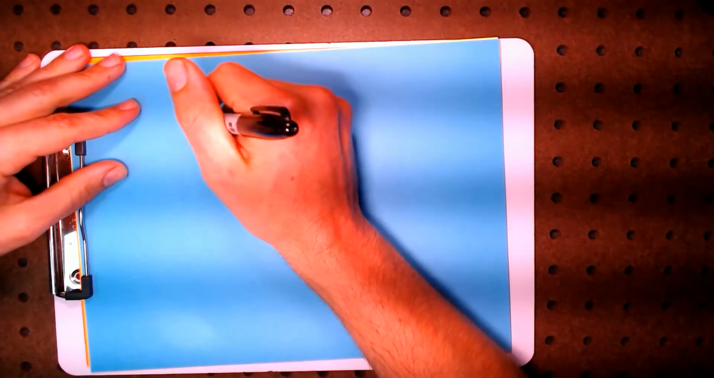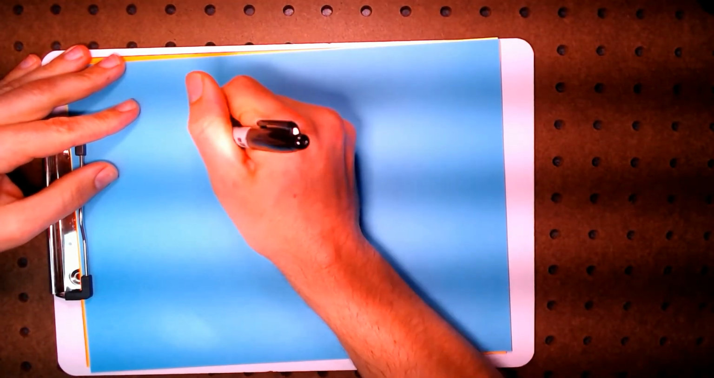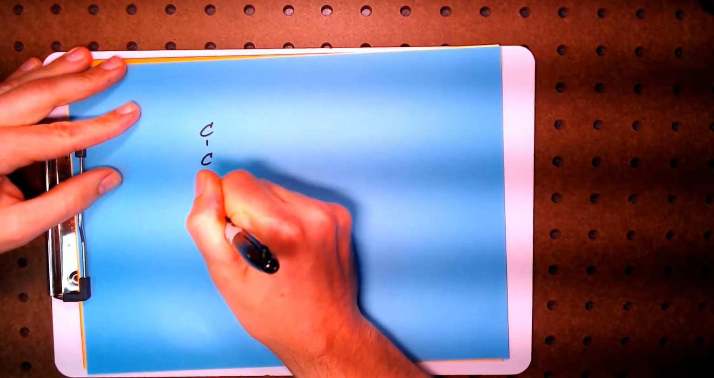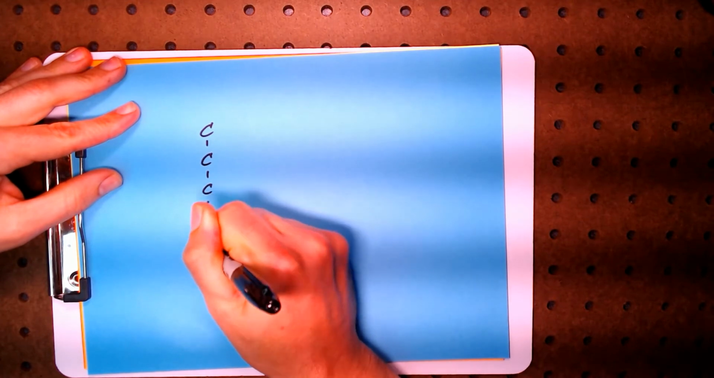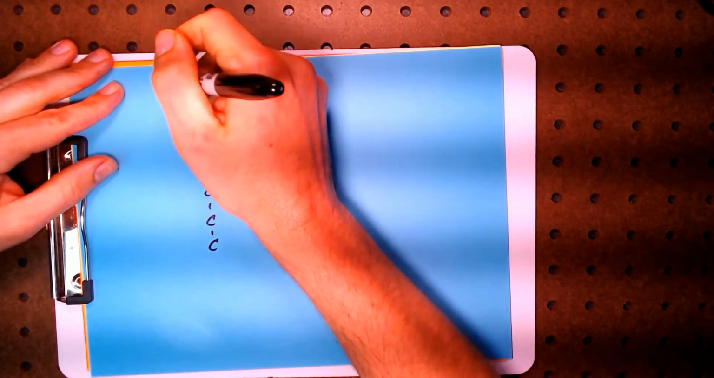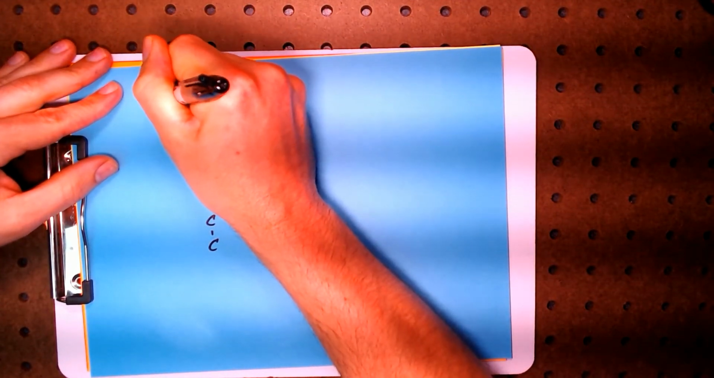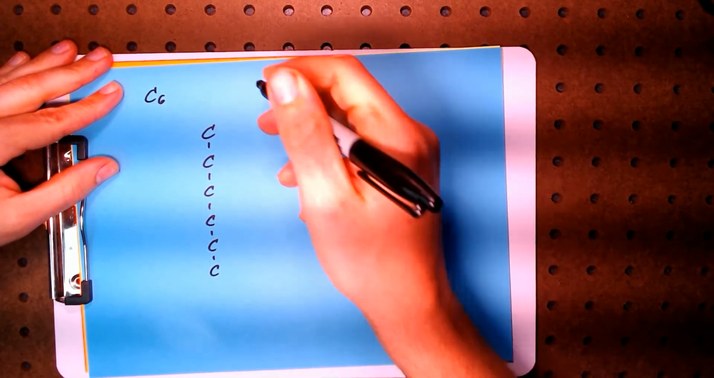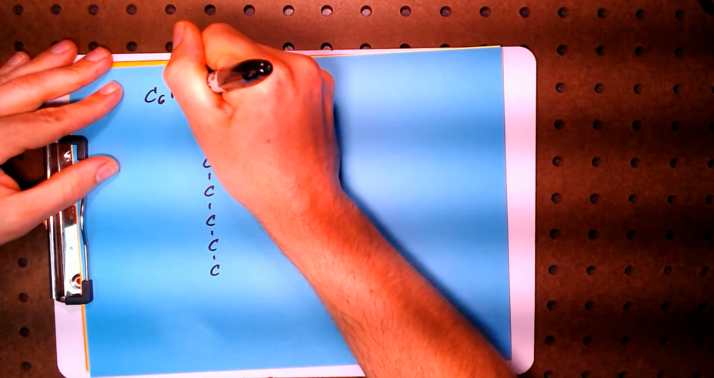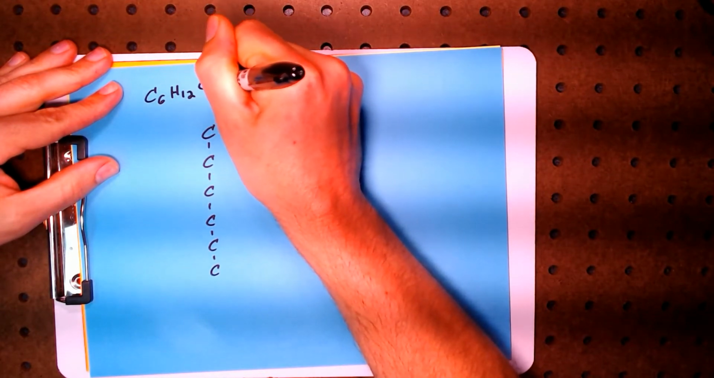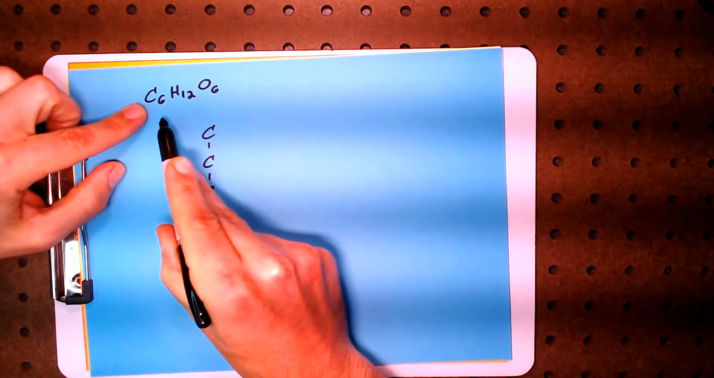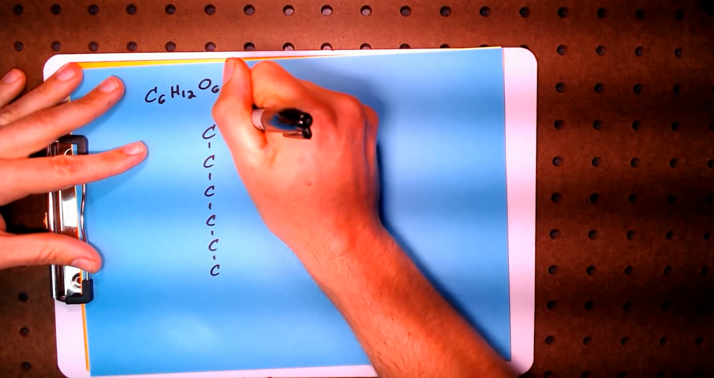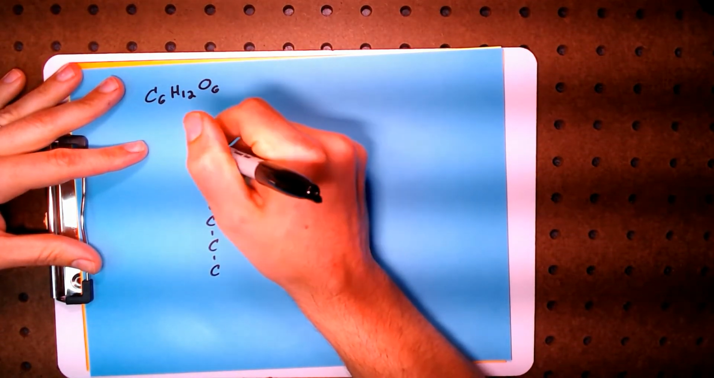So for example, one chemical that you're going to need to know about has the chemical formula C6H12O6. Now, I have 6 carbons and 6 oxygens. That tells me that probably every carbon has an oxygen. So let's